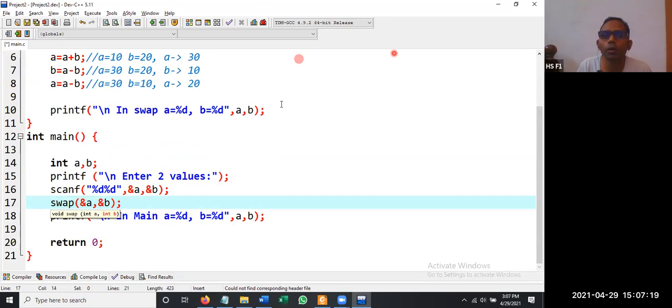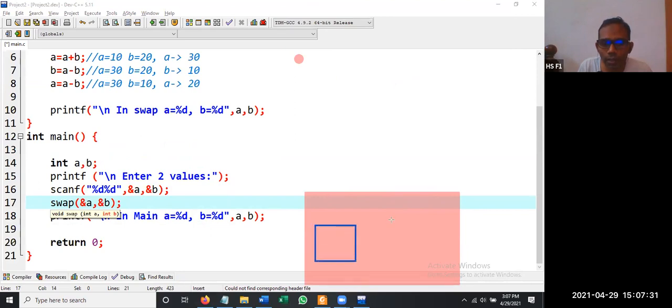Let me draw the main memory for you. This is the main memory, for example. In this, we are having two memory locations. The first memory location is A, the second is B, and they have addresses.